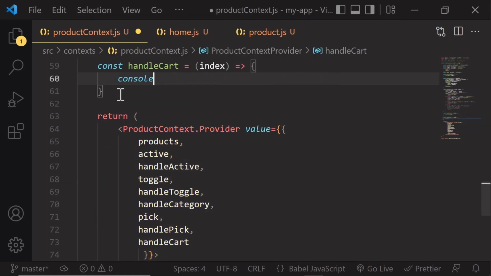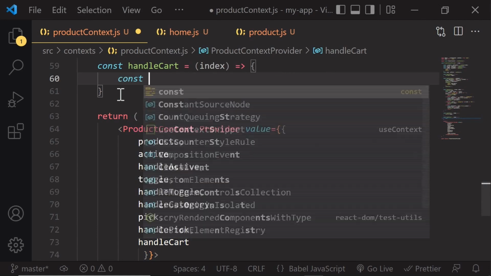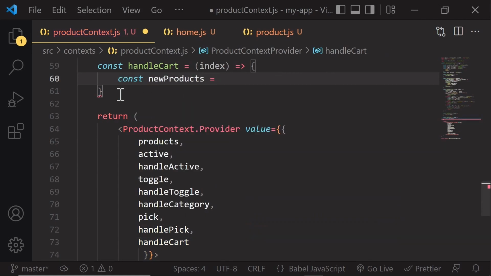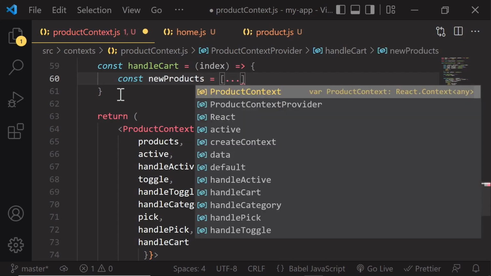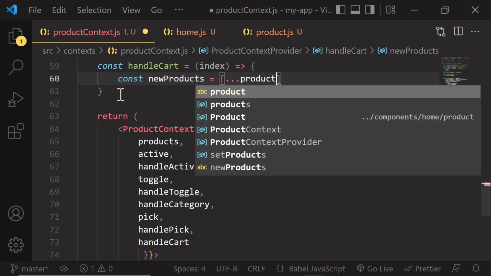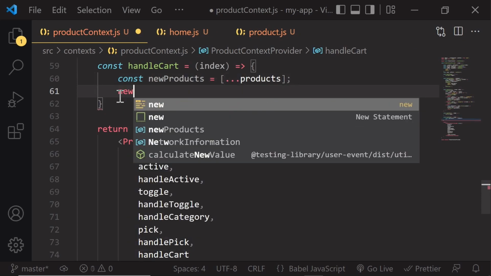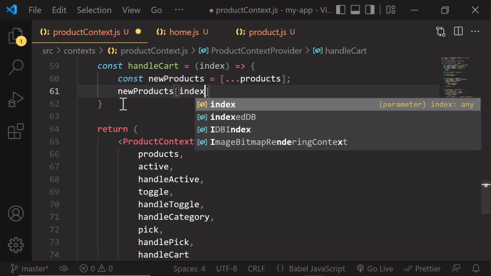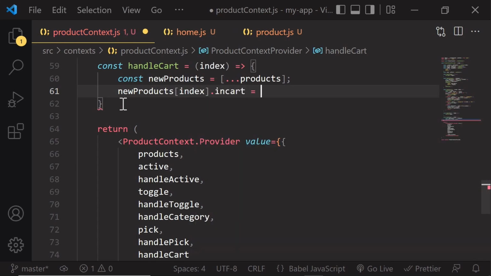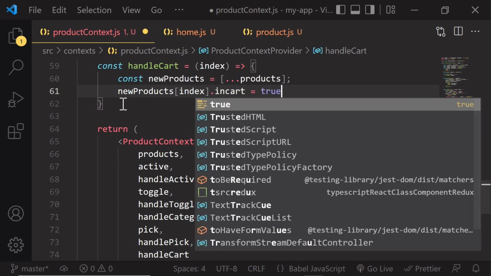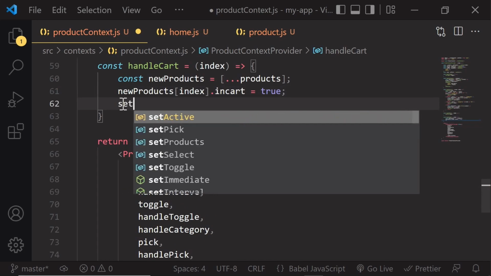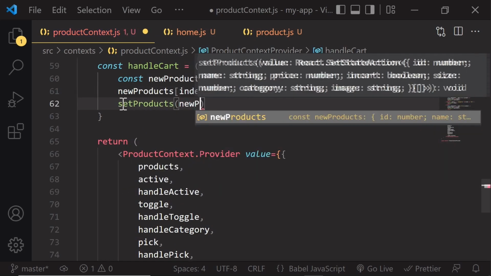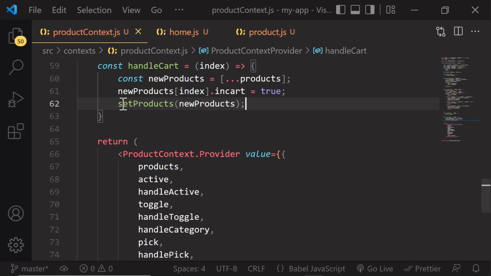Remove the console.log, and let's create a constant and name it newProducts, and set that equal to a list, and use the spread operator to copy the products, and say newProducts, then an array with an index value, dot inCart, set that equal to a true value. Finally, set products to newProducts. Save the changes,